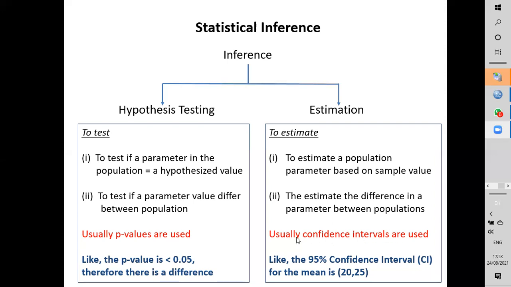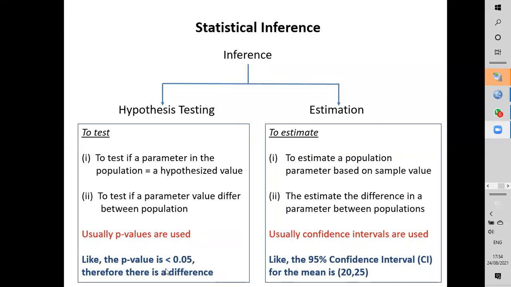Whereas here, you're going to build a confidence interval. Like our example, a 95% confidence interval for the mean, 22 to 25. That means we are 95% confident the mean in the population will fall between 22 and 25. Why do you have this? Because we're not studying the entire population. You're only taking a sample. Therefore, there will be some error. We call it margin of error. There will be some margin of error, right? So this incorporates the margin of error.